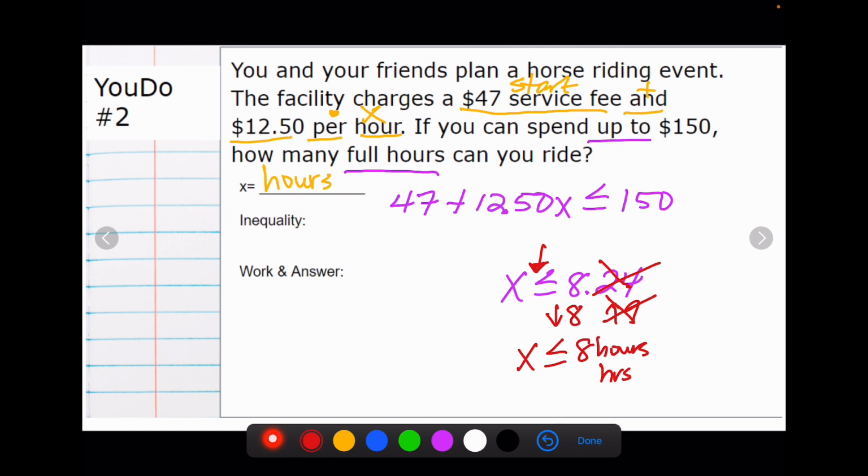Okay. We do have one more example to go over for our notes, so I do need you guys to go ahead and get out your notes from yesterday, and we're going to work on example 3. Don't forget that this you do needs to be put in the basket. So you should have done,